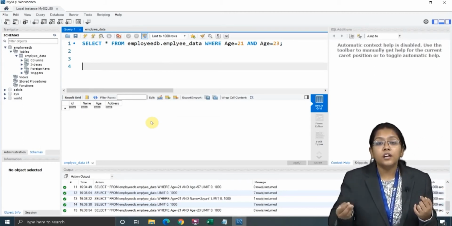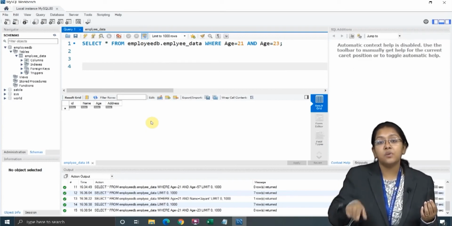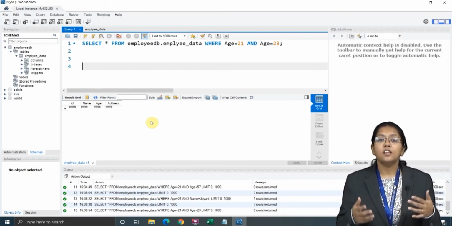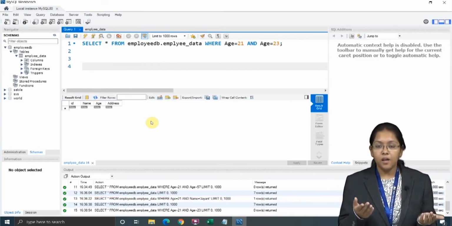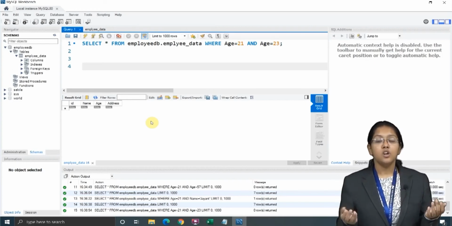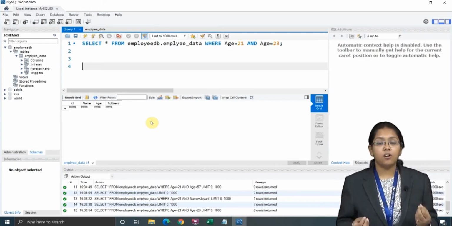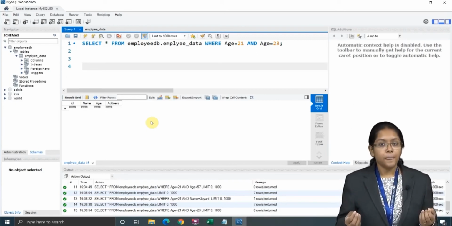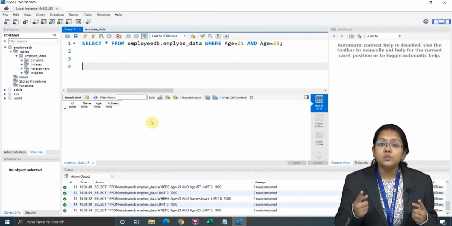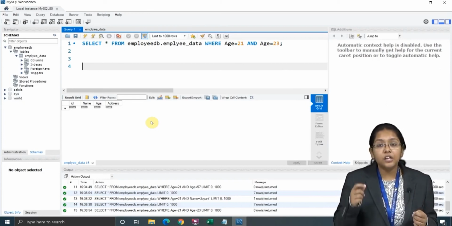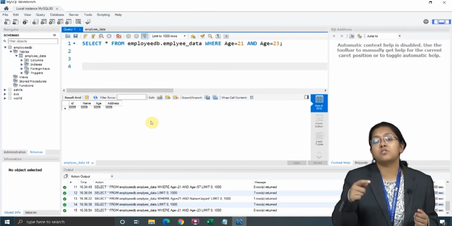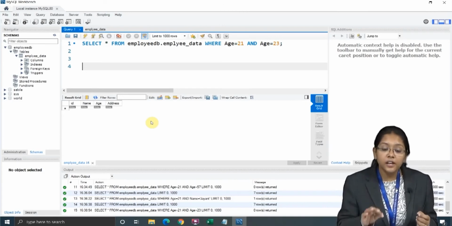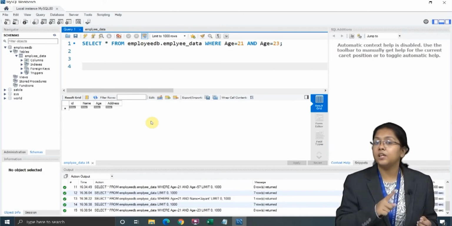But if, let's say, you know the name as well as the age, sometimes such a condition happens: I have a name like Sam and the age is 21. So I want to fetch a particular record whose name is Sam as well as whose age is 21. At this time I will use the AND operator. The working and usage of AND and OR is different. Remember this. If you use the same column name, then it won't work.